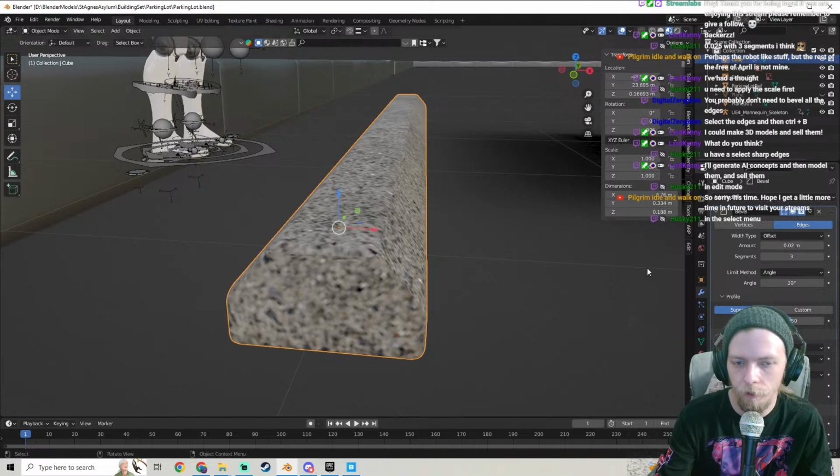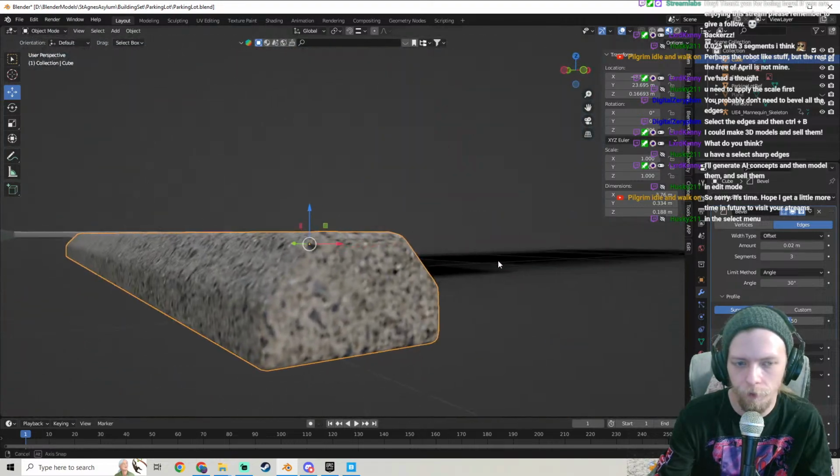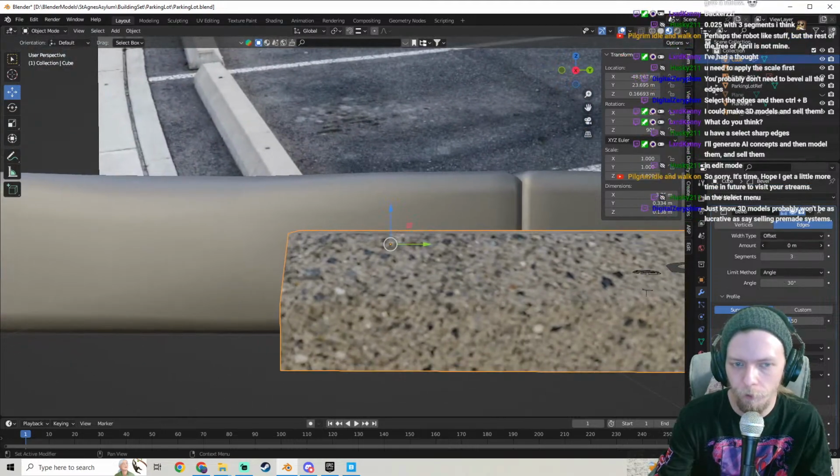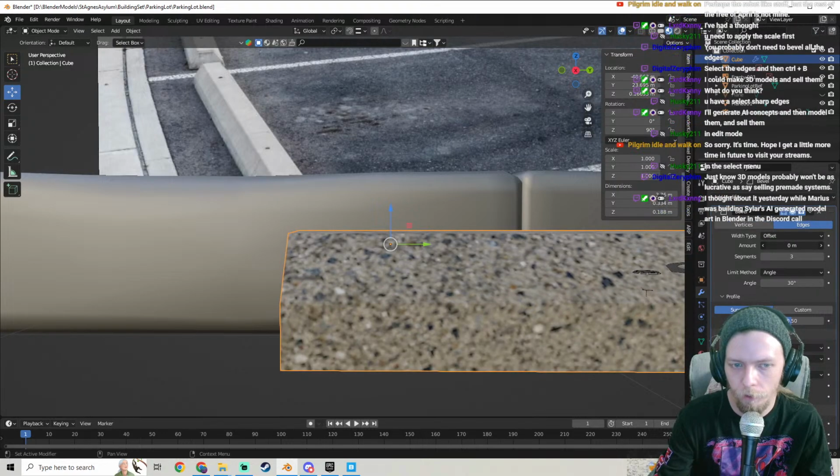That is just grabbing sharp edges, but that doesn't seem... That seems a little better, I guess. But